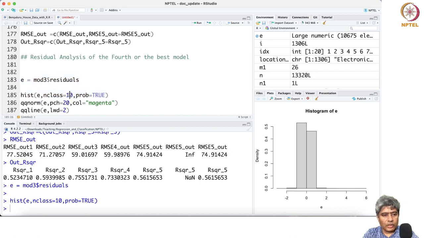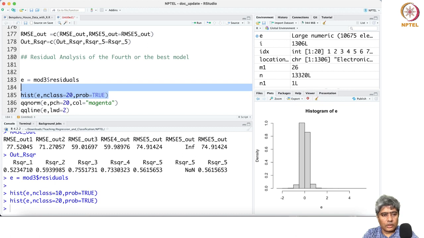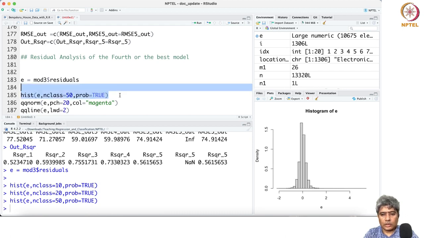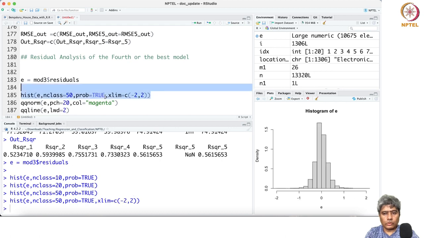So effectively if we just do 20, let us see, or maybe 50, it might be better. Yeah, xlim equal to minus 222. So main equal to this,